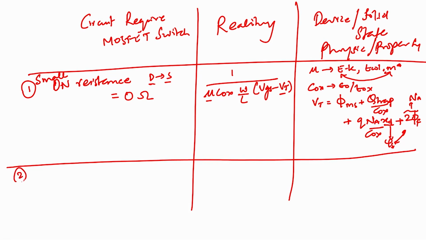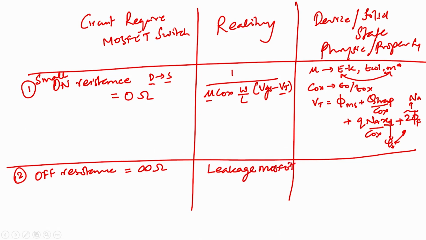The second point is, what is the off resistance of the switch? So when the switch is turned off, what resistance would be ideally like? We would like infinite ohms, but is that the case? It is not, because we have leakage mechanisms in the MOSFET,